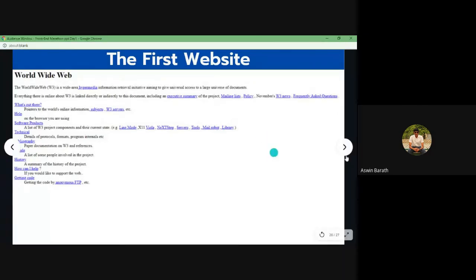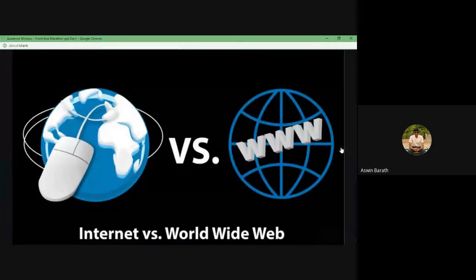Now, moving on, there is some confusion among developers in general that the internet and the www are the same. Well, technically they are not the same. So www, when we expand it, World Wide Web,